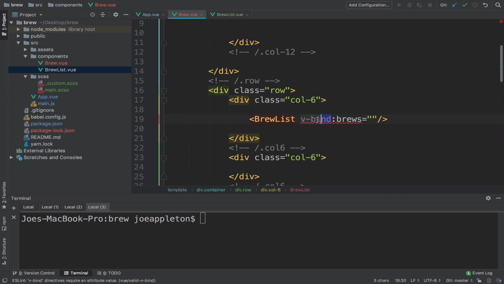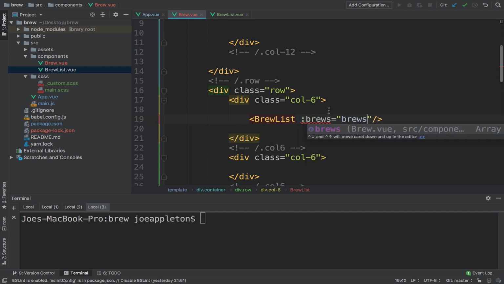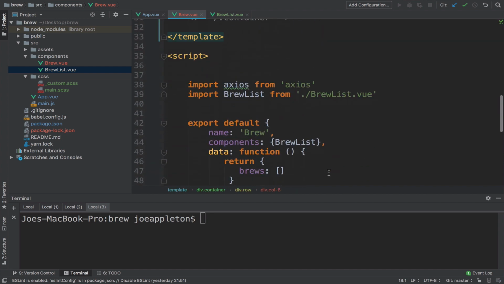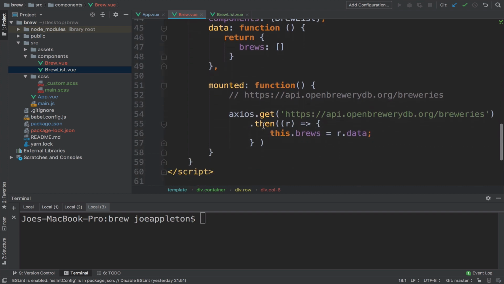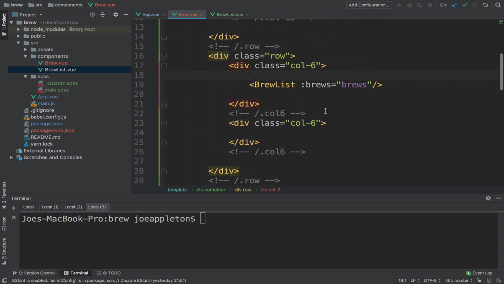And we can omit the v-bind and just use the shorthand notation, which is exactly the same, and then we can pass in brews. So let's just check. Brews are our data item. They are populated by this API call, this.brews equals r.data. We are then passing brews in to the property of brew list,